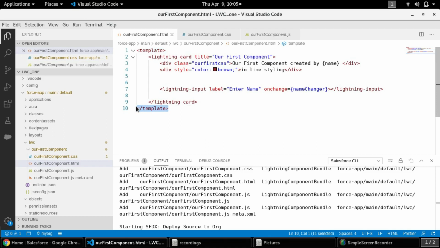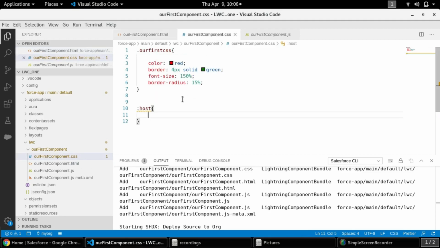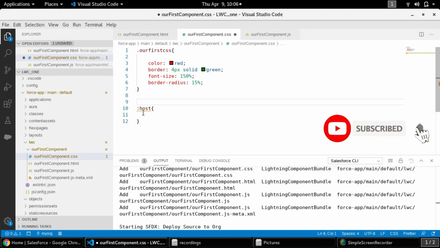So if you want to make some parent styling for the entire HTML, like the border of the entire page, the color of the entire page, the background image of the entire page, that will be handled by host. In other words, if you give h1 and add colors, all the headers will get the same styling. In the same way, :host gives a parent styling.